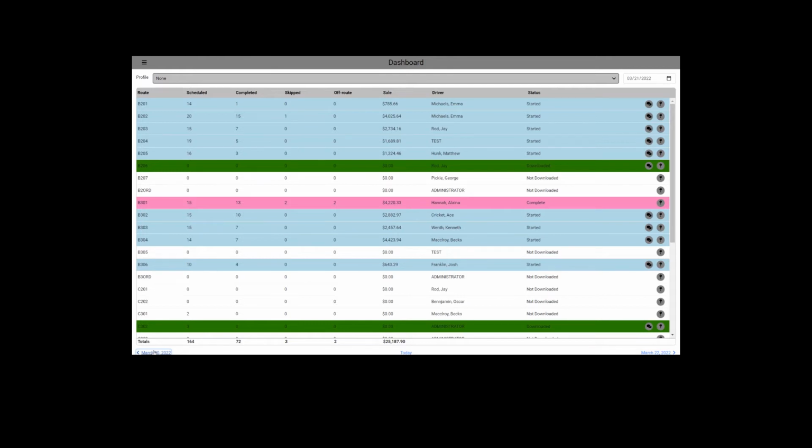You also see the total sales for the day, followed by the driver's name, as well as the status of his route. As you notice here, some of them have not been downloaded, some have been started, some of them have actually been completed. If you want to see route information in more detail, simply click on the line with